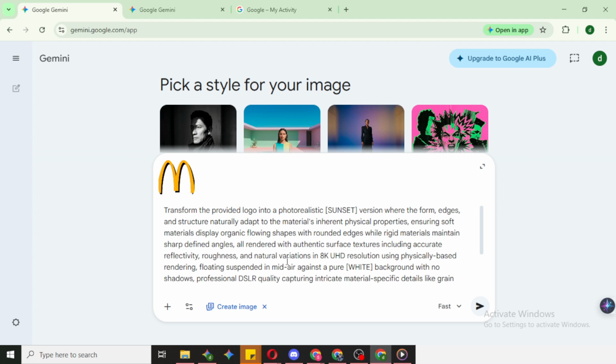Here's the prompt. Transform the provided logo into a photorealistic sunset version where the form, edges, and structure naturally adapt to the material's inherent physical properties, ensuring soft materials display organic flowing shapes with rounded edges, while rigid materials maintain sharp, defined angles, all rendered with authentic surface textures, including accurate reflectivity, roughness, and natural variations in 8K UHD resolution using physically based rendering, floating suspended in mid-air against a pure, white background with no shadows, professional DSLR quality capturing